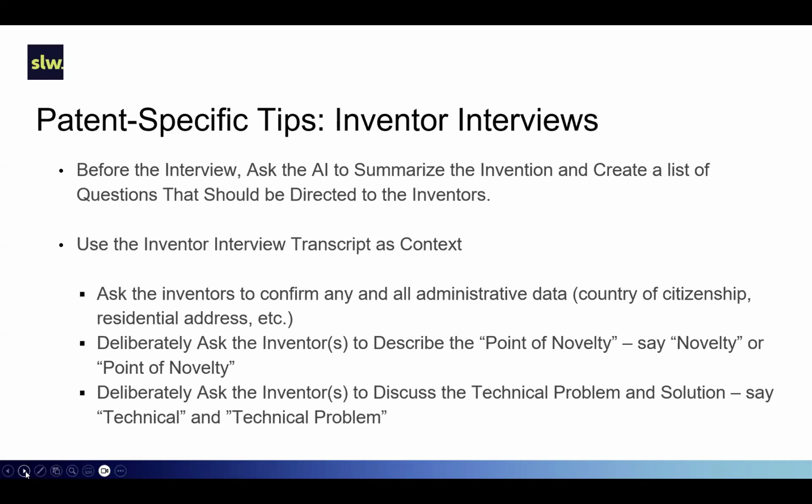Another thing that I'm very careful to do now is, I know I'm going to use the transcript later to inquire about what the point of novelty is. So I'm very deliberate in asking the inventor the question, what is the point of novelty? When I say deliberate, this may seem obvious, but what I'm trying to do is get into the transcript the word or phrase novelty or point of novelty, so that when I then ask the model to propose an independent claim that includes the point of novelty, I'm not relying on the model to intuitively understand what novelty